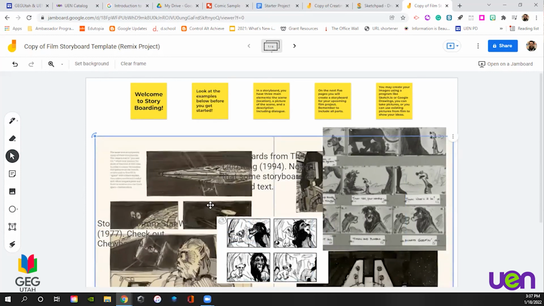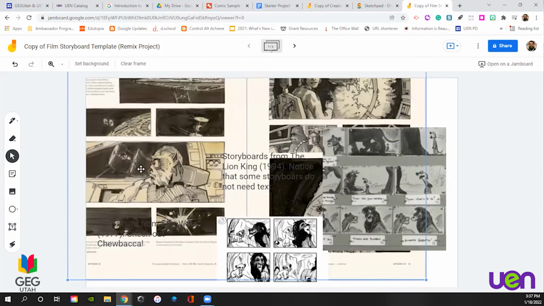I, for instance, just zooming in, love that this is what Chewbacca looked like in the storyboard. And then he looked completely different. And I always have to point that out to students. So storyboarding is another way to get students to do similar work as comic books in their reflective process, creating art for film. And so if you are teaching it or thinking about teaching a film unit, or are teaching a film unit this year where students are creating